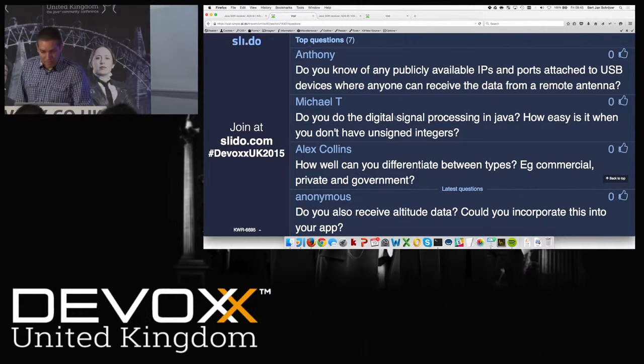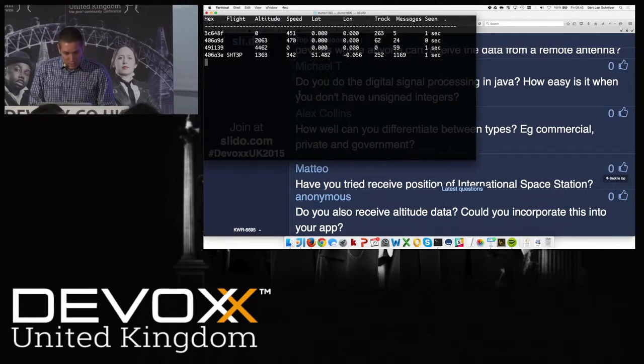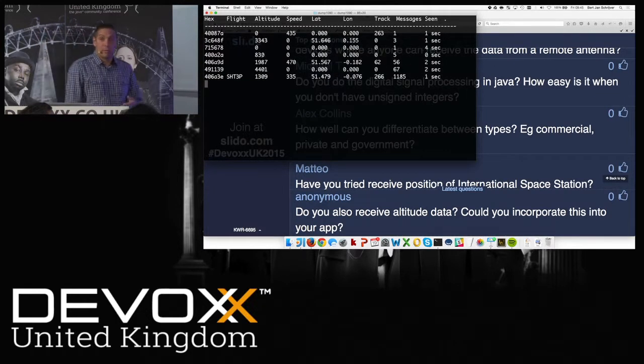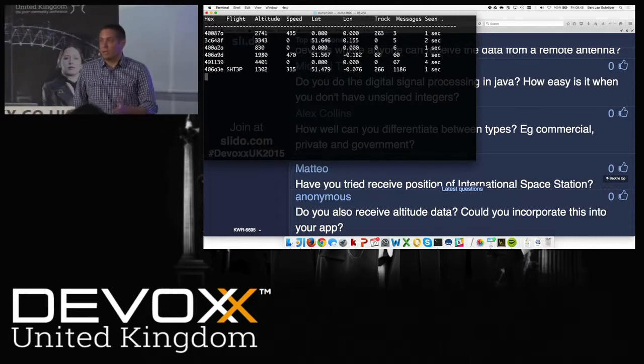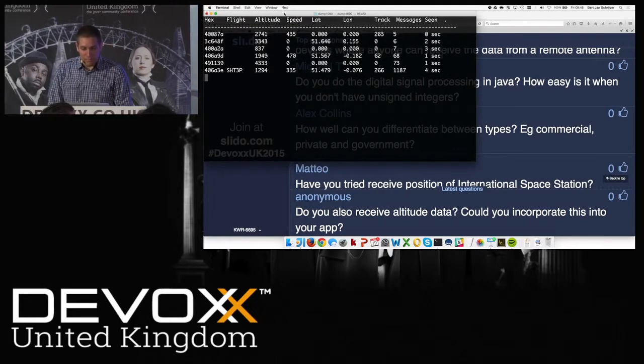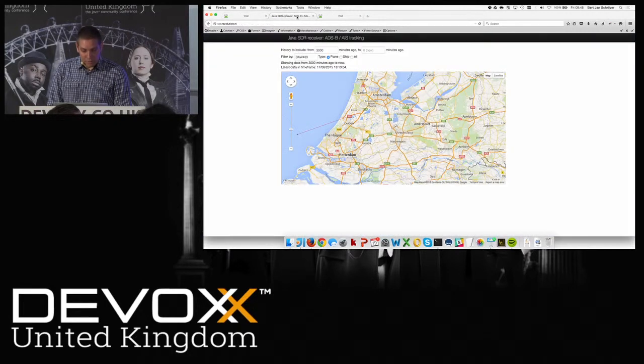There's a question. Do you also receive LTU data? Could you incorporate this in your app? Yes, that's a good question. And yes, I am receiving this. So it's here. I think this is in meters, probably, because feet wouldn't be too high. And yes, I've thought about incorporating this. I haven't done this yet, but I could do it maybe with the color of the line or the thickness of the line. What you're now seeing is that signals are just being cut off at a certain moment, and that's just where they go out of range.